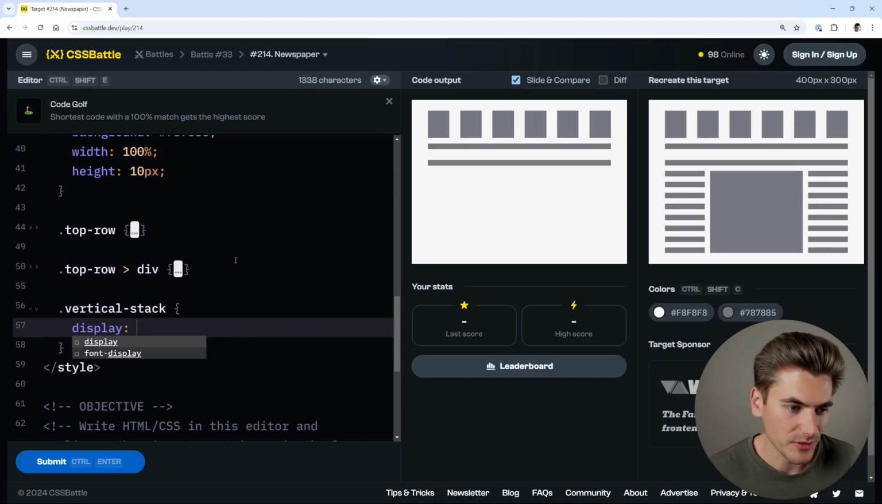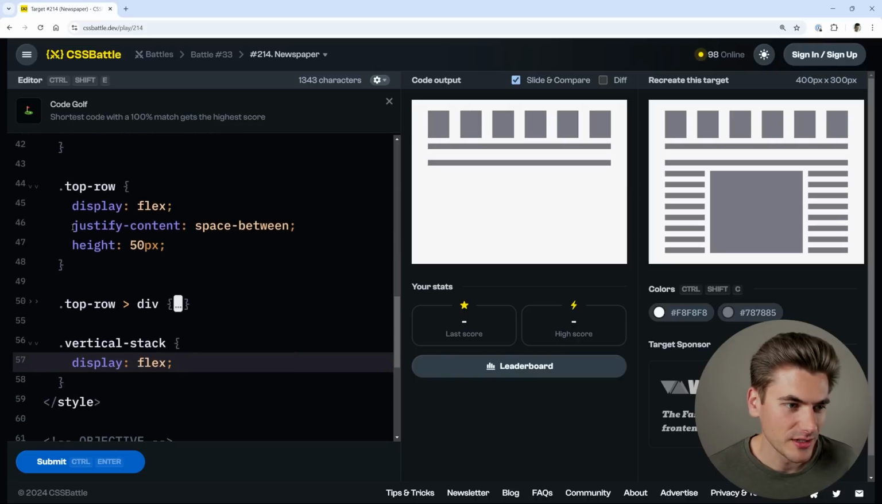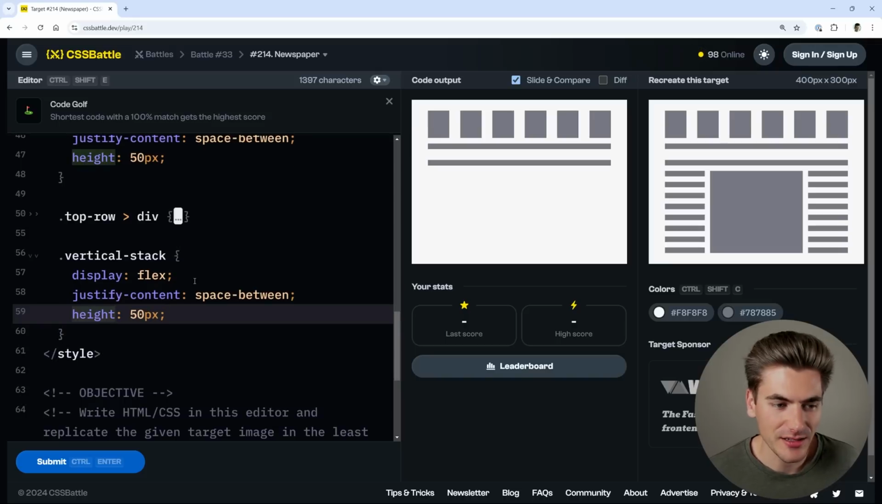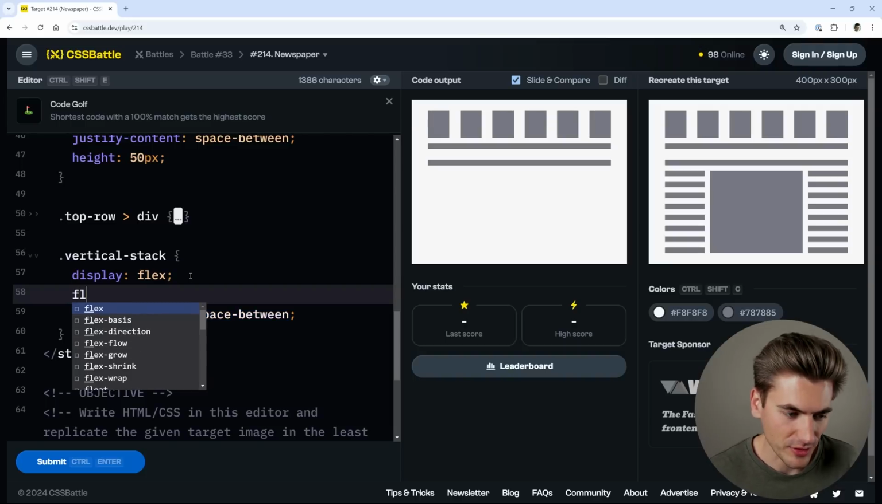It's just going to be a display of flex. It's honestly going to be pretty similar to what we had for our top row because we're going to be justifying our content with space between. We're going to give them a specific height here. Actually, we don't need to give this a height. And then we can come in here and we can say that we want the flex direction